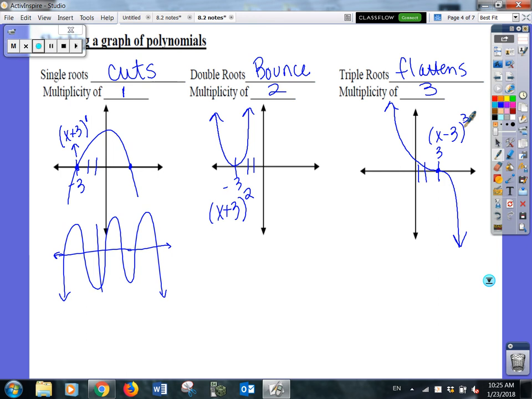So it just means it counts that many times. So if we had y equals x to the third, that means we have 3 zeros, but it might only cross the x-axis once, because x minus 3 times x minus 3 times x minus 3, it counts 3 times, but it's repetitive, so it just makes that shape through the x-axis. Okay? So again, all that, minus maybe the word multiplicity, is reviewed from Algebra 2. So now let's